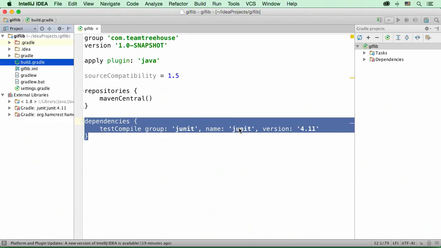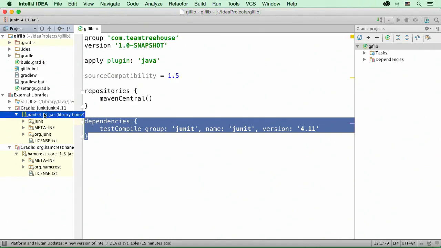You see JUnit. And Hamcrest here is a dependency of JUnit, but Gradle figures that out for us, so we don't have to explicitly list it as a dependency in the dependencies block here. That's the beauty of Gradle. And just to drive home the fact that these external libraries are indeed jar files, let's expand each one of these, JUnit and Hamcrest, to reveal the fact that yes, we indeed have a jar